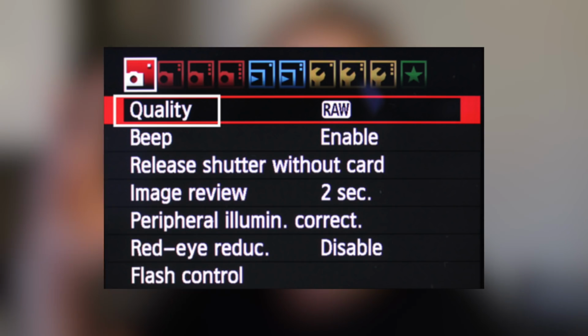Before I get started, I want to quickly mention that I'm always shooting my picture quality in RAW. So if you guys are shooting on a DSLR or any camera for that matter, go to your settings, go to the image quality or Google it and see if you can shoot in RAW. That just makes sure that the file is the biggest and that you can manipulate every single detail